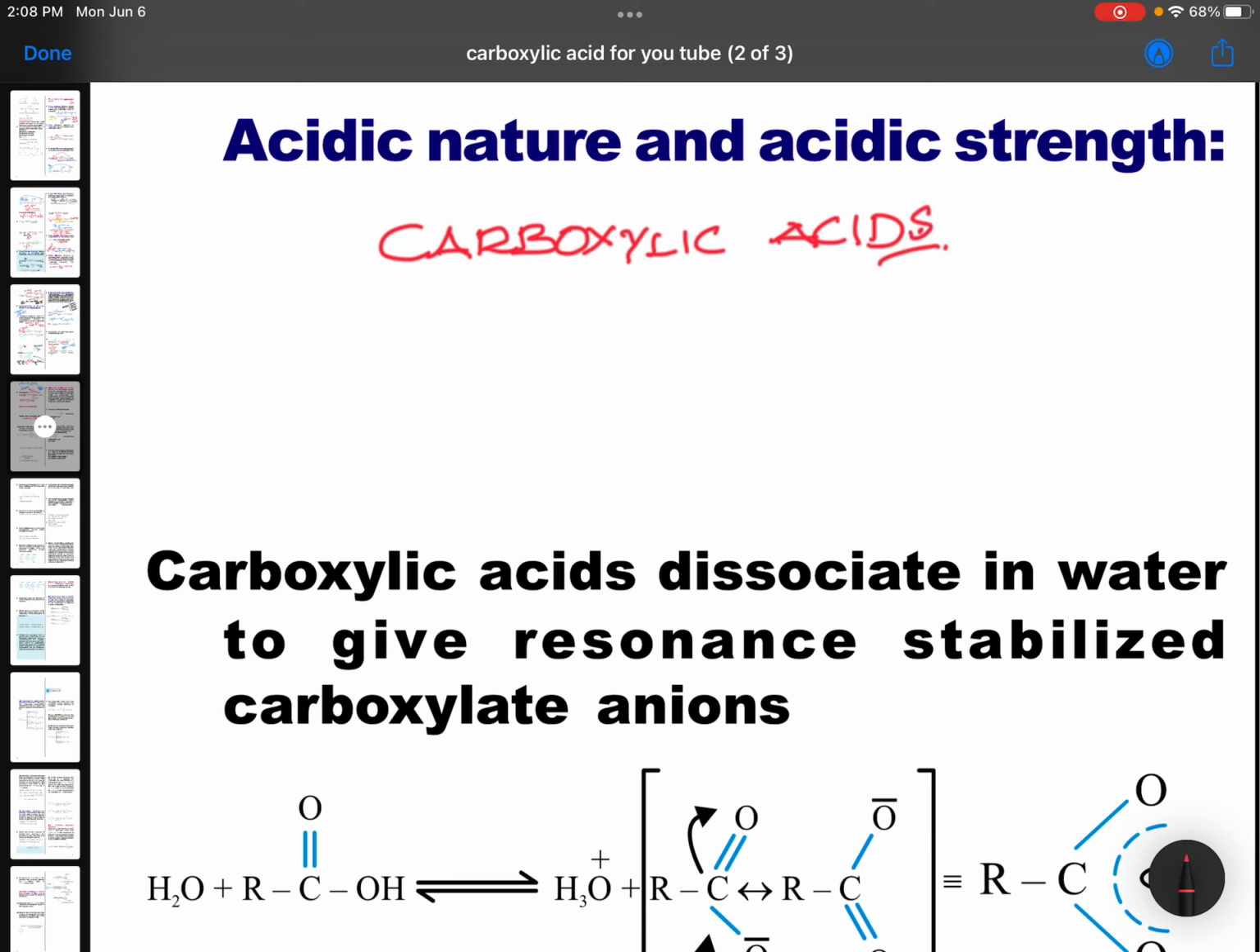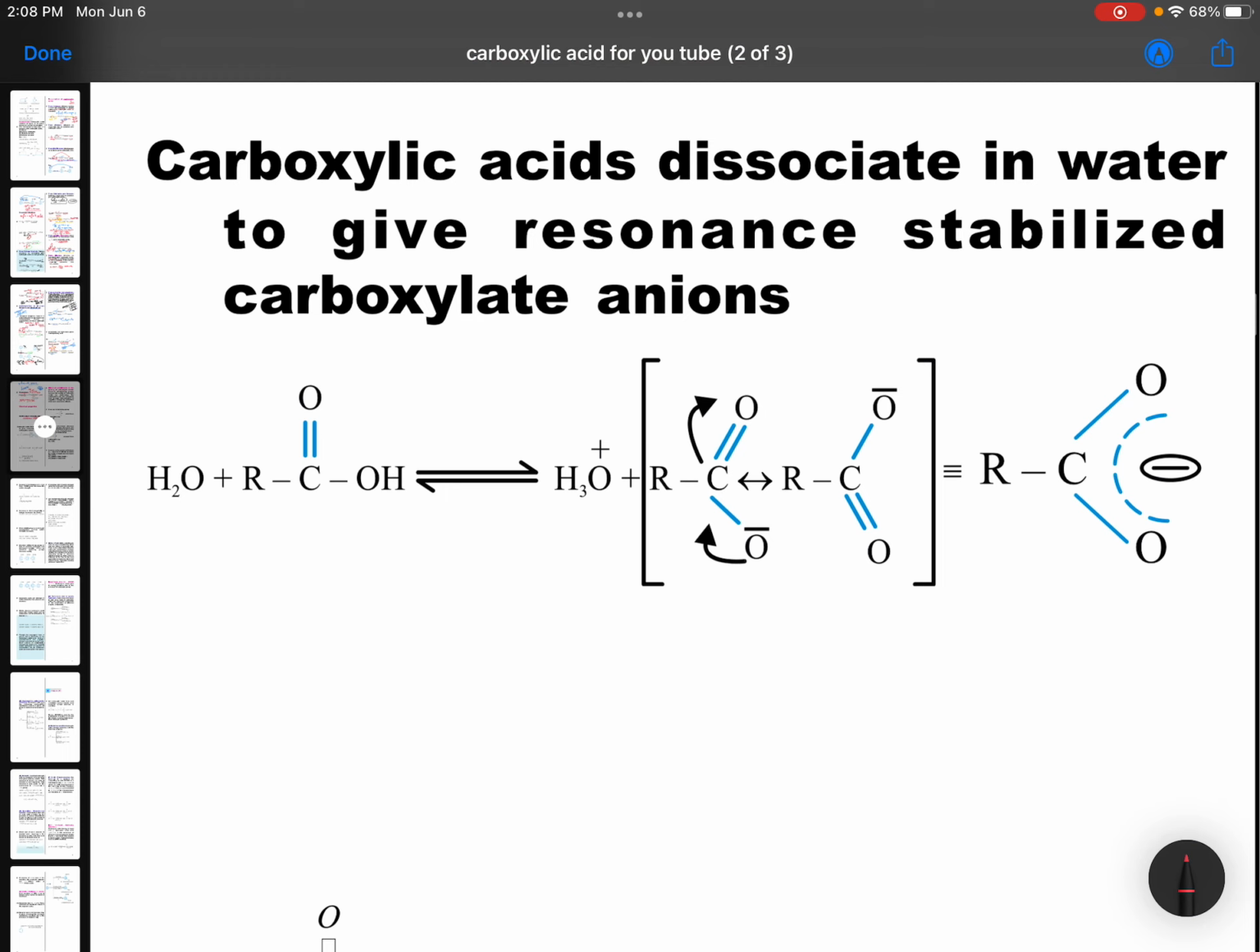Carboxylic acids, acidic strength and acidic nature: on what factors it is going to depend. This line we are going to discuss. So, are you ready? Sure. Carboxylic acids dissociate in water to give resonance stabilized carboxylate ions. The meaning of this is, carboxylic acid